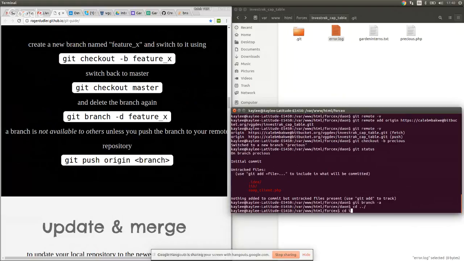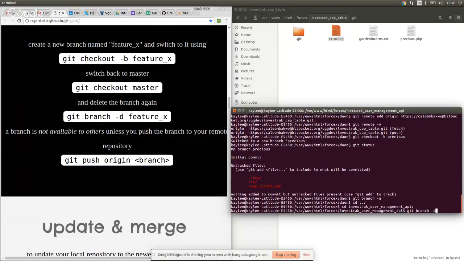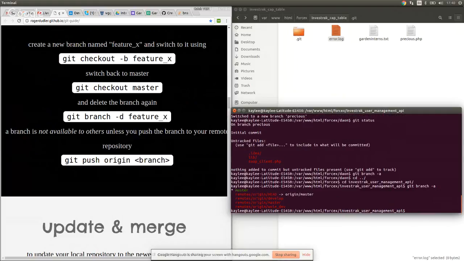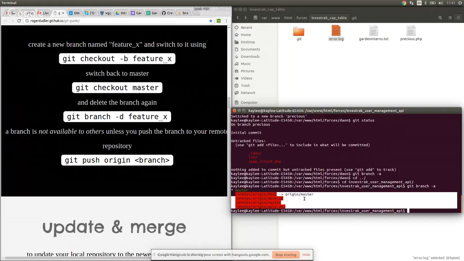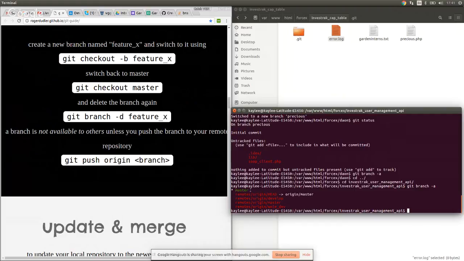I go into one of the investor projects. Can you see how many branches are in this particular repository? Now you can see all these remotes. All these remotes are just the copies online. Remember, the remote is the server. The master branch is the only local branch I have. I didn't bother creating the others. I'm just working on the master branch. I don't really care about the rest. But the point is,